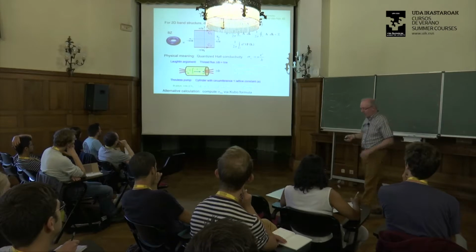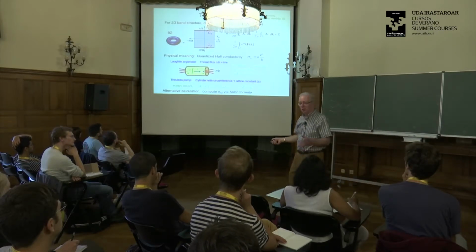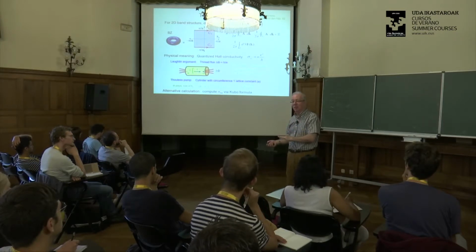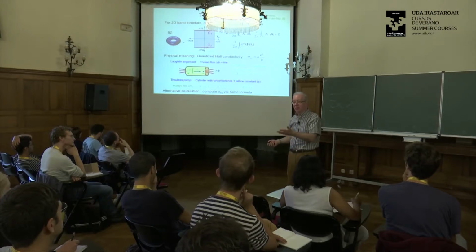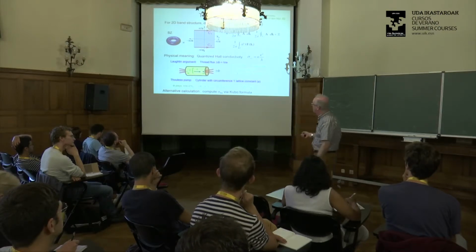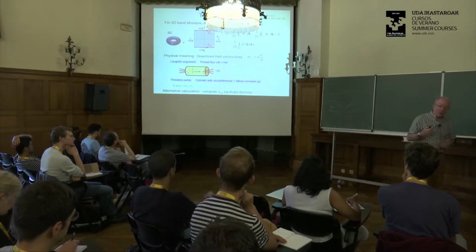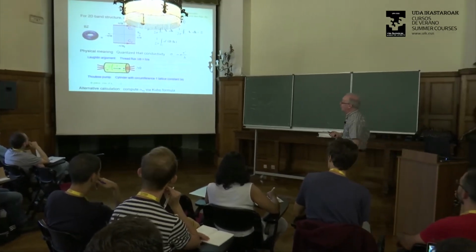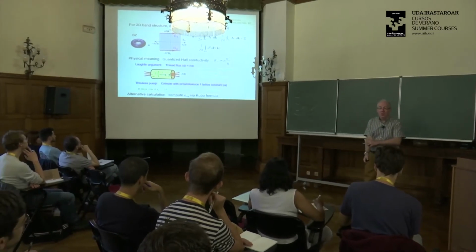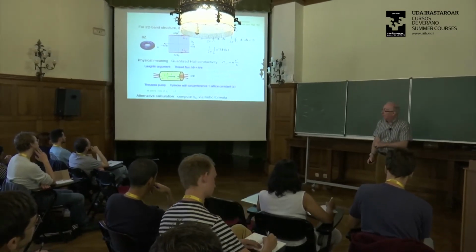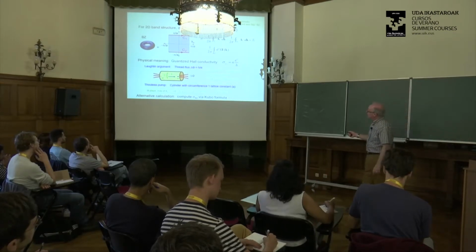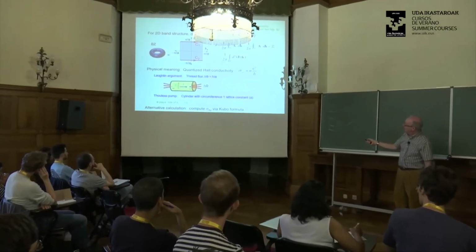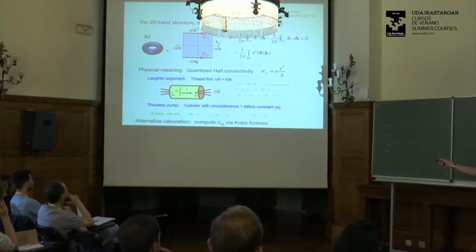And so if I have a two-dimensional band structure with an energy gap, then those two-dimensional band structures are classified topologically by an integer, the integer Chern number of the occupied valence band. And so what does this mean? The physical meaning of this integer is the Hall conductivity. This goes back to a very famous argument due to Bob Laughlin, which is the following. Let's imagine that you have a Hall conductivity. This is the quantized Hall conductivity, which is sigma xy.